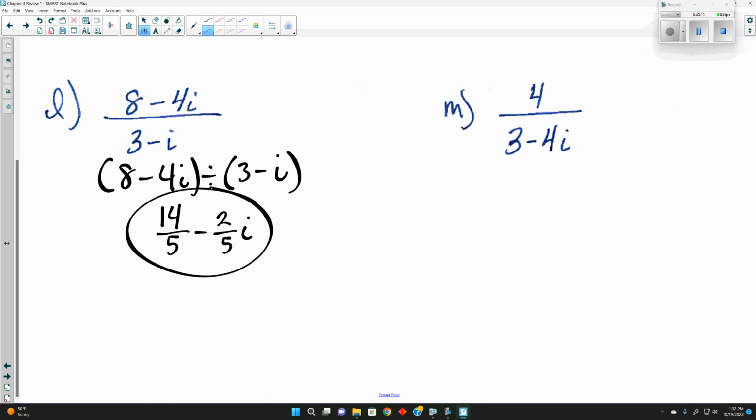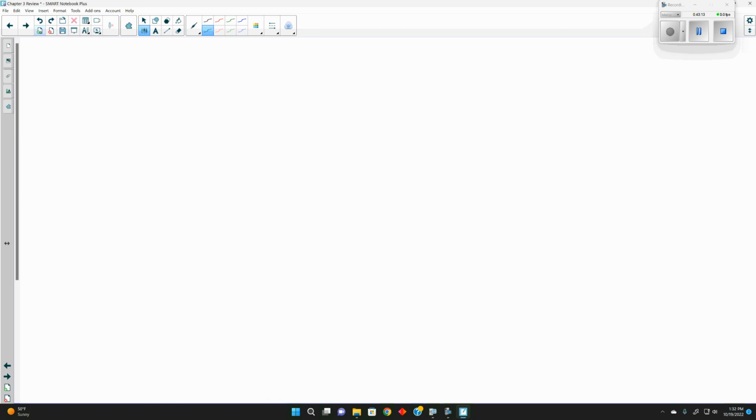Okay, that leaves us with one last part. The bell's probably going to ring before I officially finish, but stay till the end. Because the last part, find the complex conjugate and their product. What's the complex conjugate of 4 minus 3i? Because we're just changing the sign in front of the term with i. Now their product